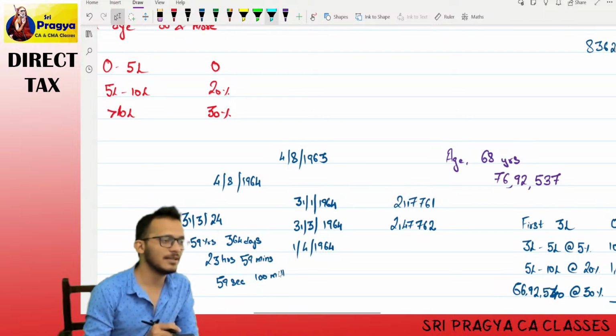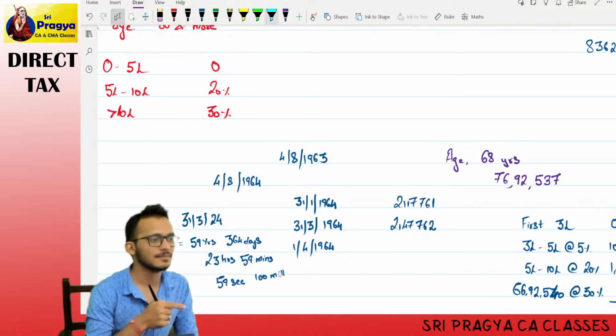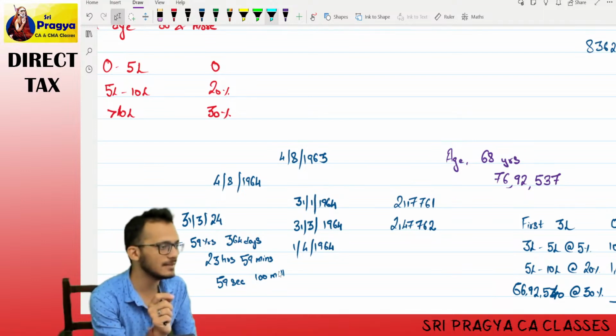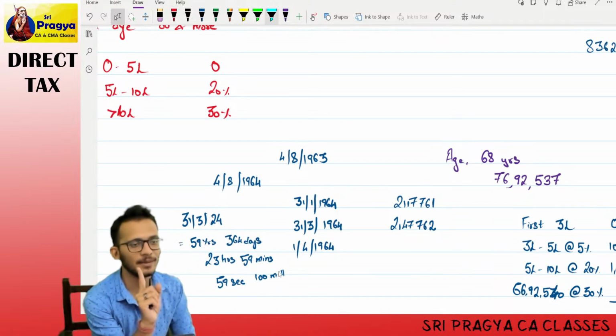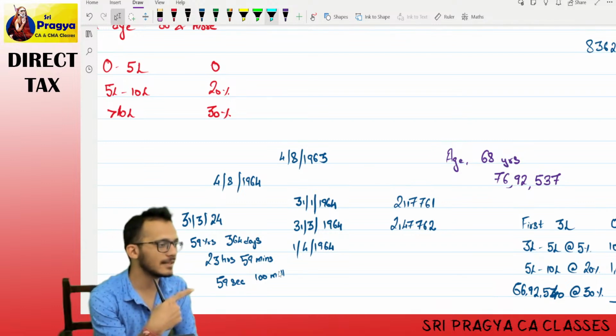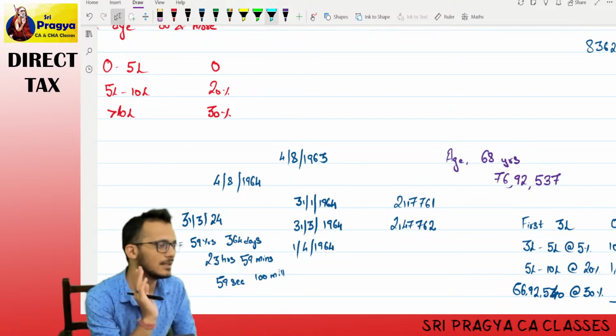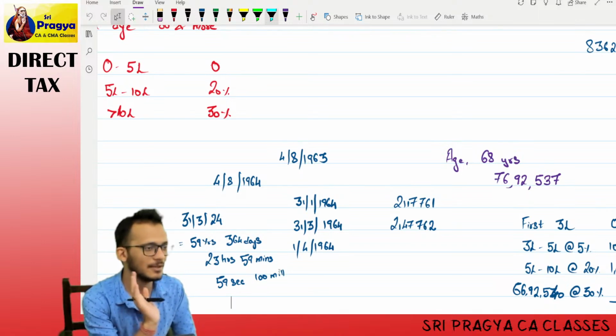If you put 100 milliseconds, it automatically becomes... How is it 0.9? That's what my question is. Did you complete the day? You completed the day, which means it became 100 milliseconds. The moment it became 100 milliseconds, it automatically went to 60 seconds. That automatically became 1 minute, that automatically became 24 hours, that automatically became 365 days, that automatically became 60 years. Correct? Tell me, am I wrong?